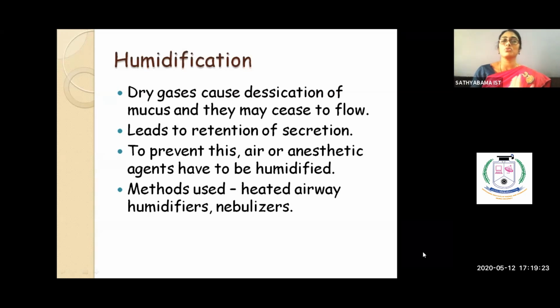So what do you have to do? You have to humidify the gases. So I have oxygen, nitrous oxide, and the agents coming through the tube into my nose or my mouth, right? While it is coming itself, what do you have there? I'll have a humidification chamber over there, wherein it is going to give some vapors or liquid into it, right? So that's how you do it, heated airway humidifier. You'll have water or some kind of fluid which will be heated. So these droplets will come like in your nebulizer. So you'll have a gas jet of water which will be sprinkled into the gases.